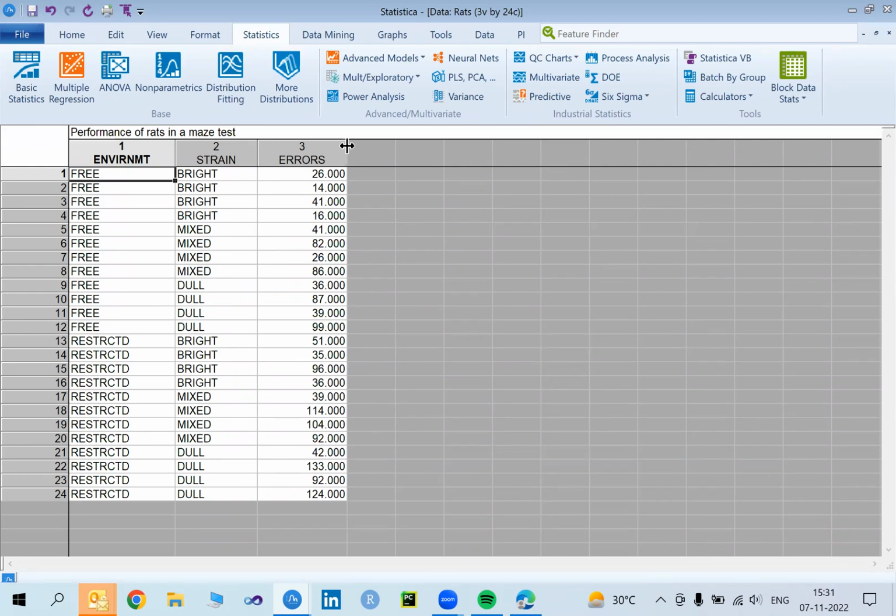What was the study all about? That the environment and strain are having any effect on errors made by rats or not. Yes, it is a part of the clinical trial process, like in your department of biology or pharmaceutical science. If you go to their lab, you get a clinical trial and they